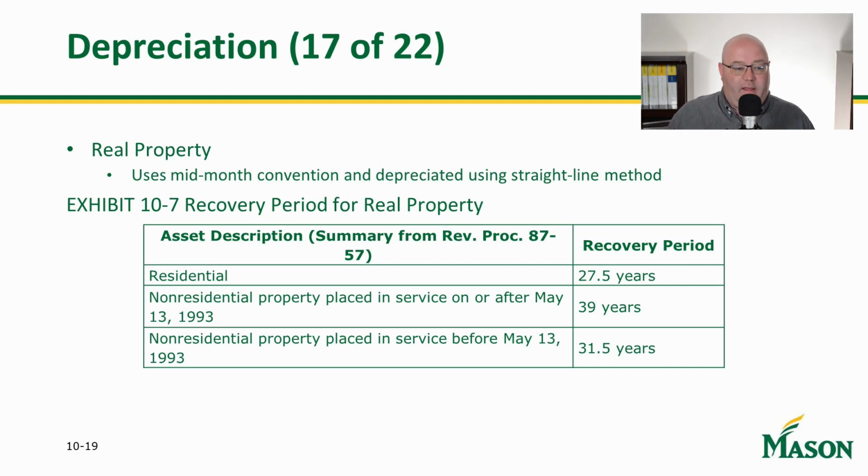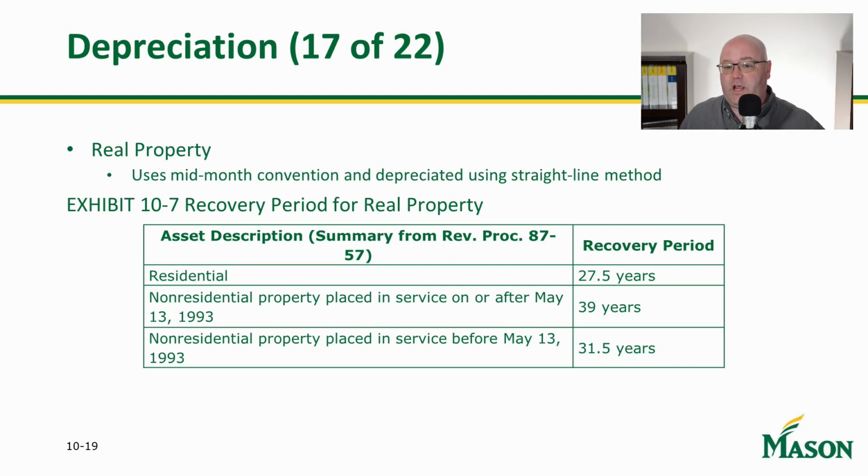Done. The hard part is the year of placing into service and the year of disposition. But if I want to figure out what the annual rate is on a non-residential commercial building that's, say, $390,000, I'm going to divide it by 39 and you get $10,000. That's the way this works. It's stupid easy. You don't have to worry about this, as long as you figure that stuff out.